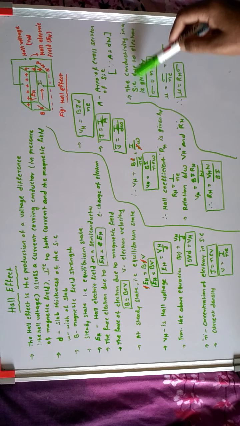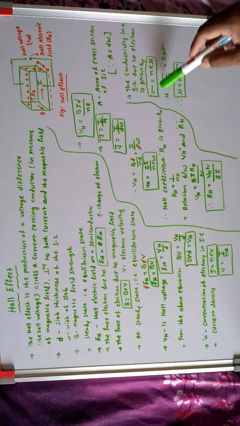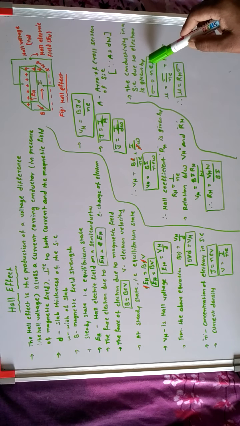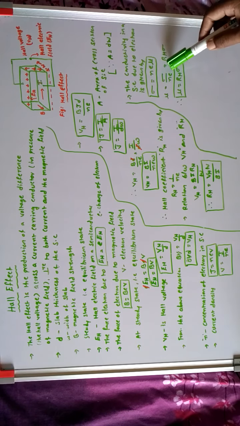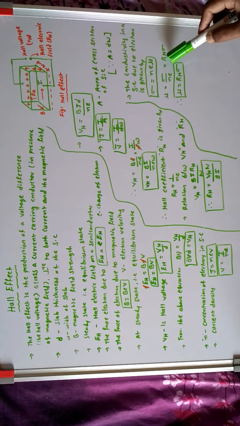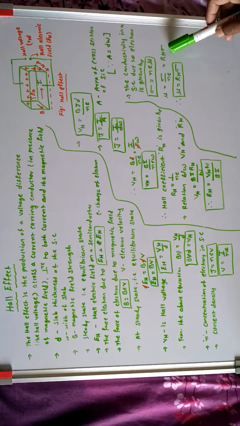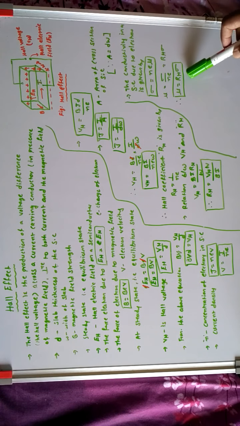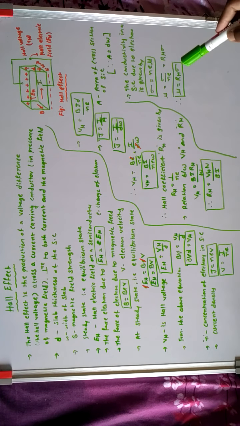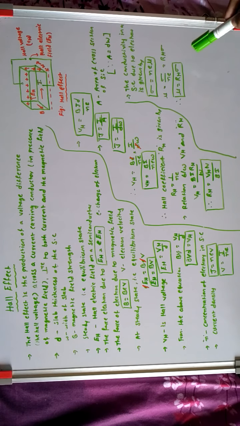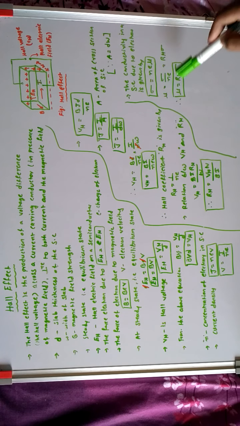Here, the conductivity in a semiconductor due to electrons is given by the conductivity formula sigma equal to n e mu, where mu is the mobility of electrons. Mu equal to sigma by ne, that is 1 by ne is the RH value, so write RH sigma. Therefore mu equal to RH sigma. Here the equation represents the Hall voltage, Hall coefficient and conductivity.